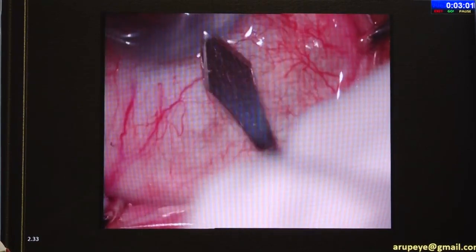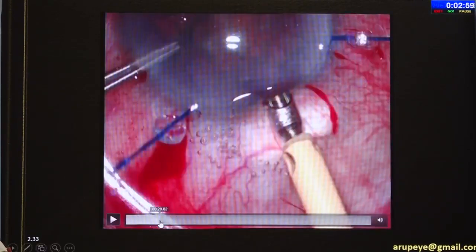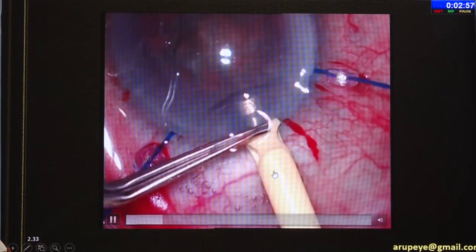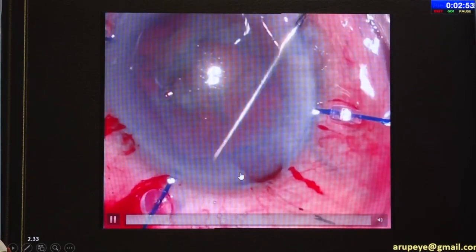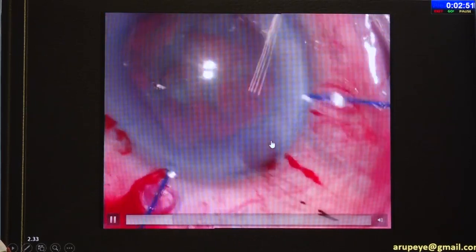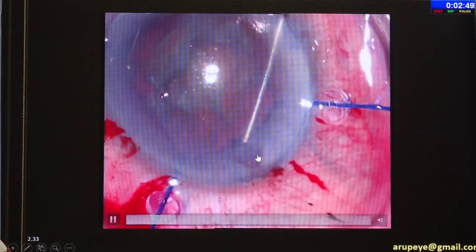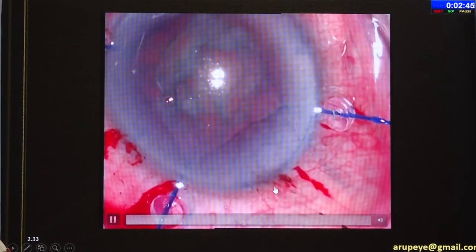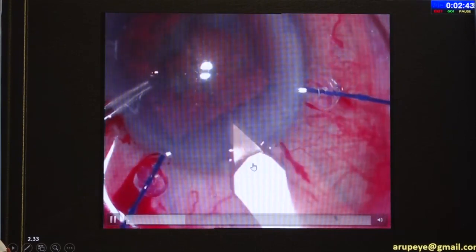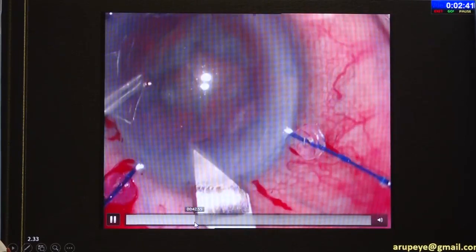So here, it was again an IFIS candidate. Saurabh had shown a similar case. Temporarily, there is a tendency for iris prolapse. So here, instead of depositing the iris from the main incision, I go through the side port, and then I create a paracentesis incision a little behind the original incision, as you see here. And then I push in my iris hook.